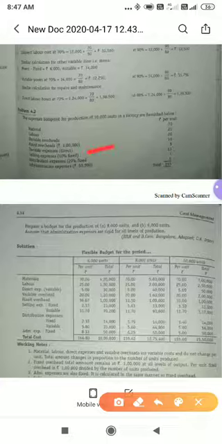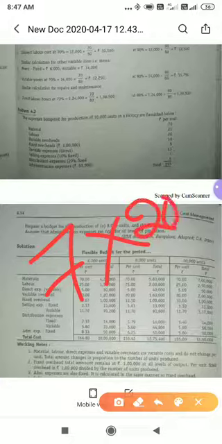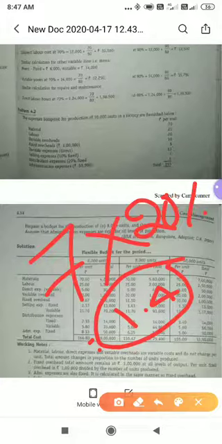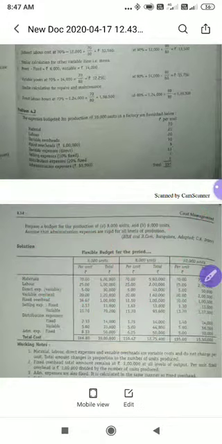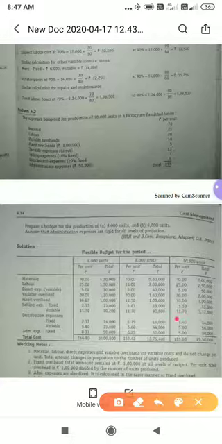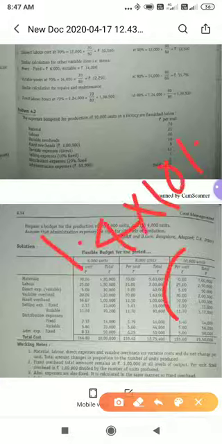We are done with selling expenses. Next we have distribution expenses. Under distribution expenses, total cost per unit is variable. Per unit is how much? 7. Out of that, 20% is fixed. So how you have to calculate? 7 rupees into 20%, you take out, how much you will get? 1.4. And please remember, this information they have given for 10,000 units. So you have to look at only 10,000 units. So we have got 1.4 per unit, and you multiply with 10,000.